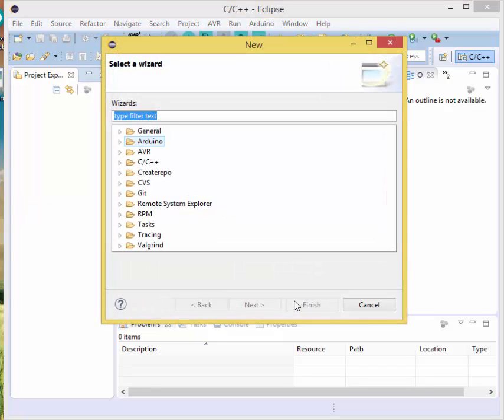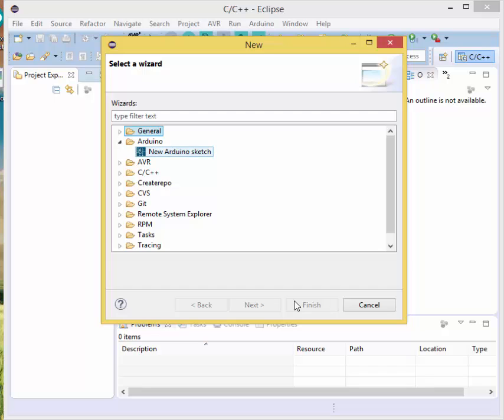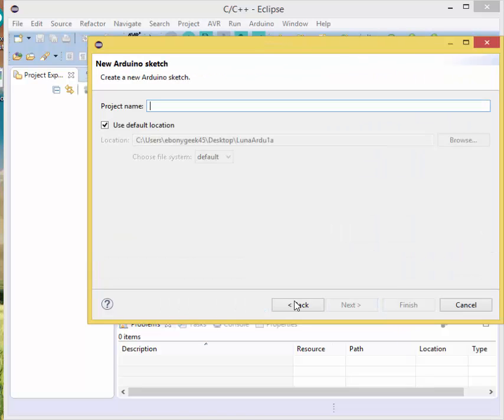Okay. And you'll have these sections here where you can pick which wizard you want. In this case, we want Arduino, and we want to click on New Arduino Sketch. And next. We want to name our Arduino file, so we're going to go Luna